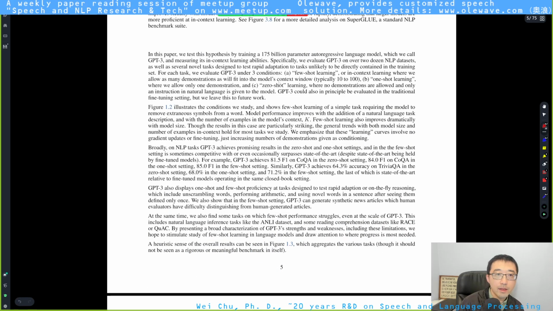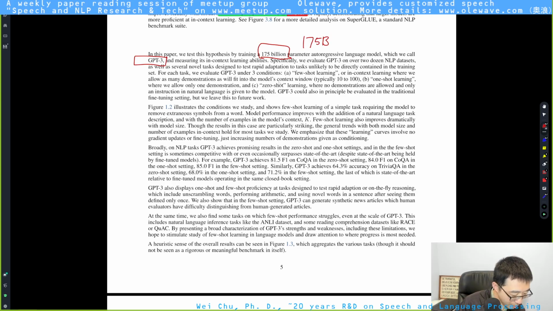Okay, then we got GPT. They finally talk about GPT on page 5. This is the first time they talk about GPT-3. As we all know, everybody knows nowadays this magical number, 175B.